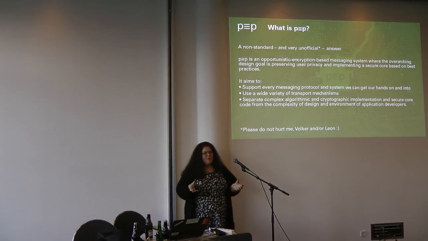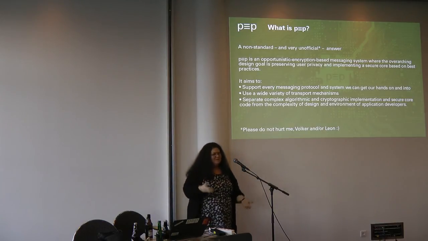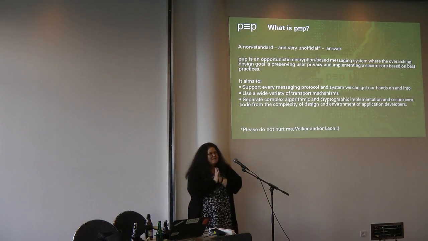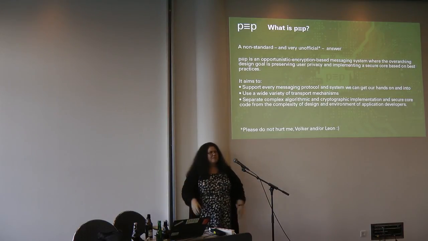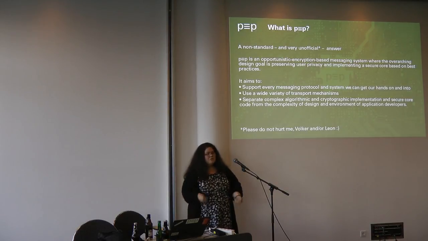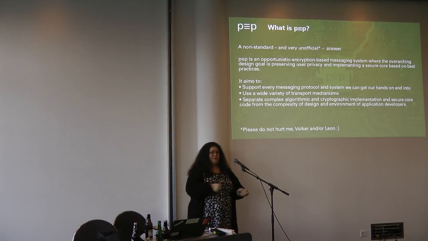So one of our big problems as crypto nerds, at least for me, a big problem in our community, is that we have these incredibly complex systems which do good stuff for keeping data confidential, for keeping it private, for keeping it integral. But it's terribly hard to use, right? Everybody knows this is a problem, everybody complains about it. At the same time, there are people who make great user interfaces and are really good at making things usable for people. But they don't know how to write secure code in a lot of cases.